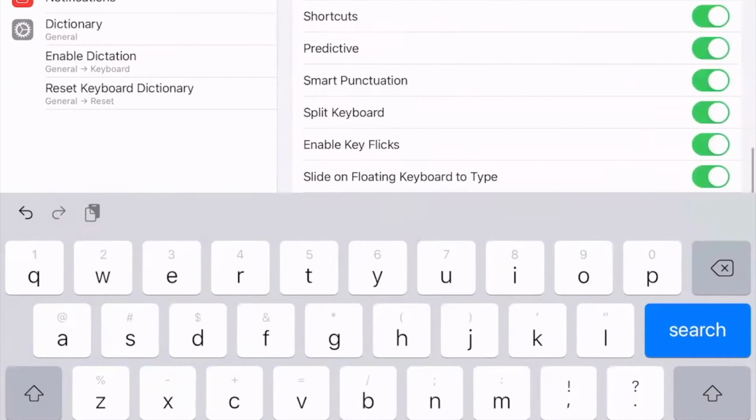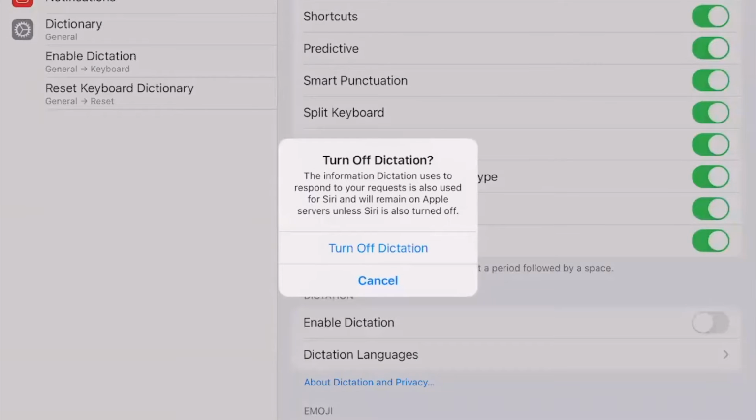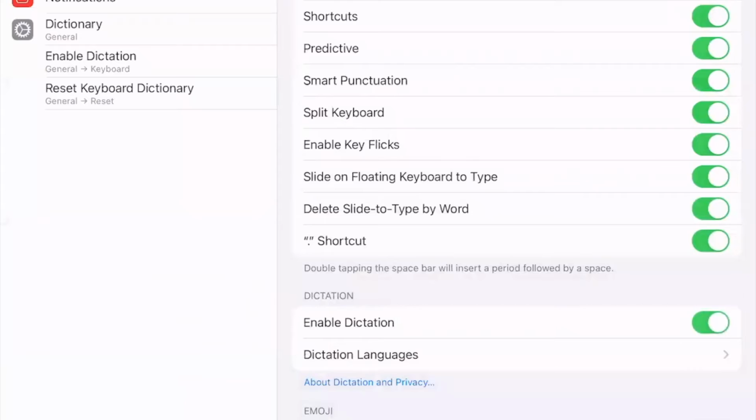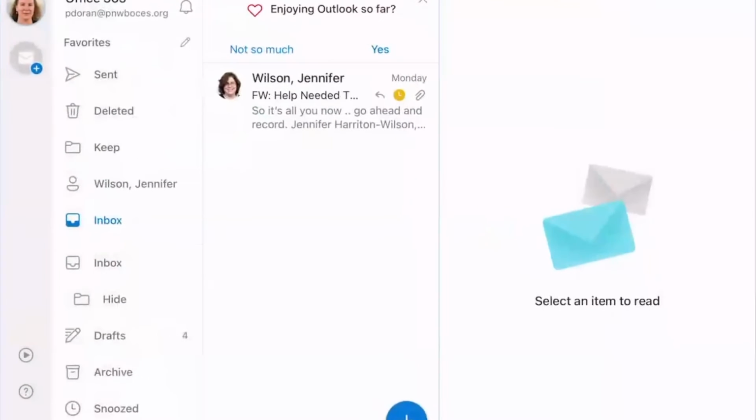If I click that, on my screen, you'll see almost towards the bottom says dictation, enable dictation, and it has a green highlighted button. If that button is grayed, it means the dictation is off and you need to turn it on. Now that I have ensured that the enhanced dictation is turned on, I can begin to use the dictation on my device. So for an example, I'm going to go to an email,